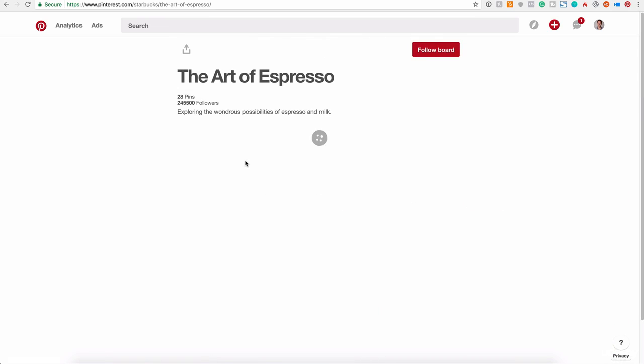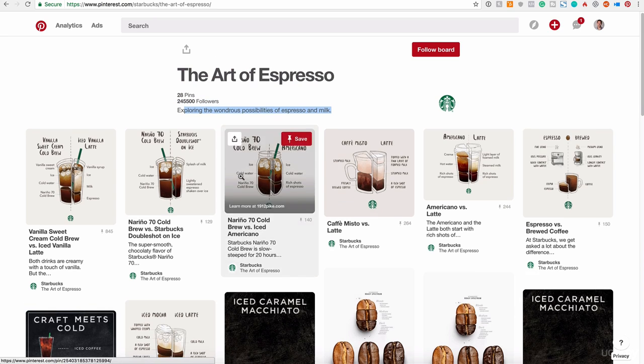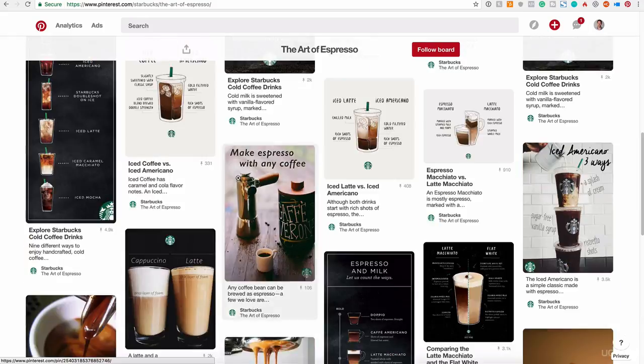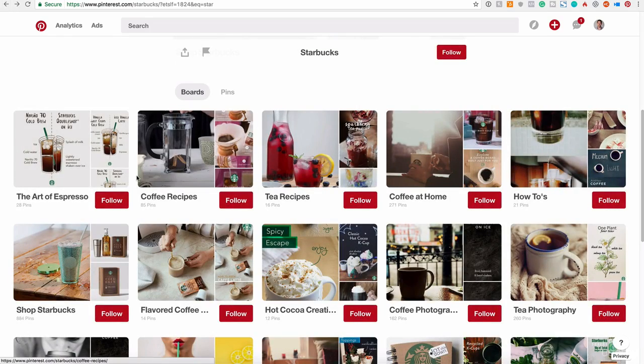If I click here, I see that inside this board, Art of Espresso, we have 28 pins and this number of followers, 245,000 followers, okay? And there is a description here, and you see all the pictures, videos, and pins that are related to espresso. So people that love Starbucks and want to learn more about the art of espresso will follow this board. If I go back here, you see coffee recipes, tea recipes, coffee at home,